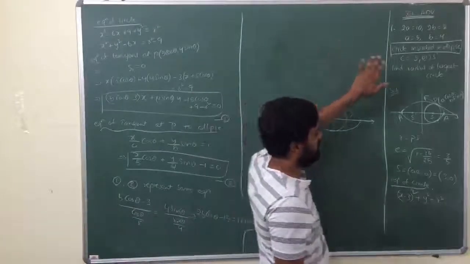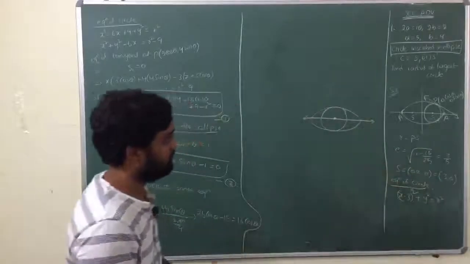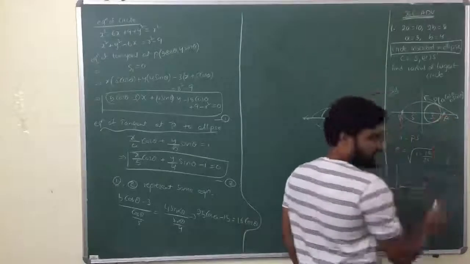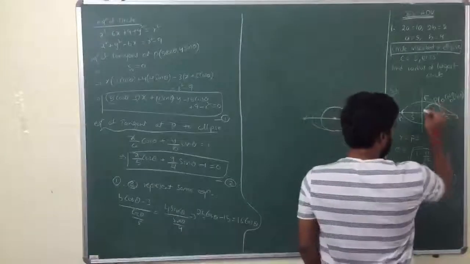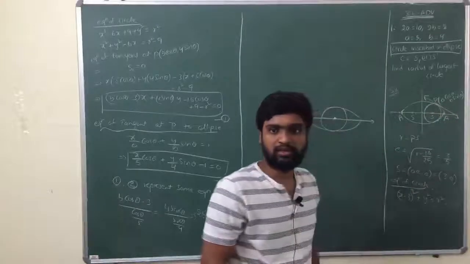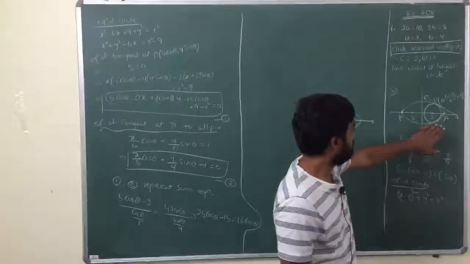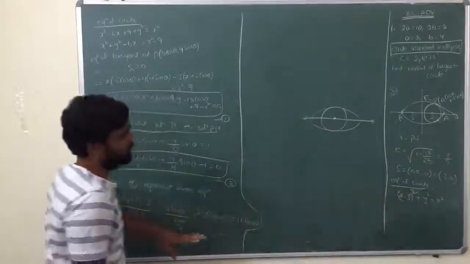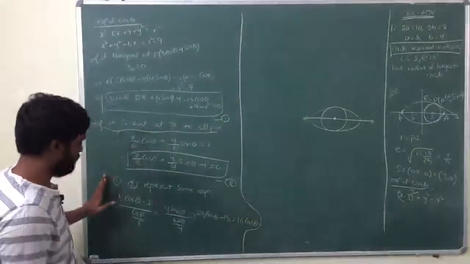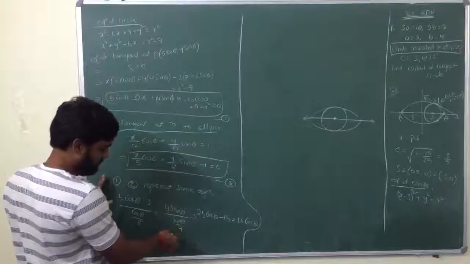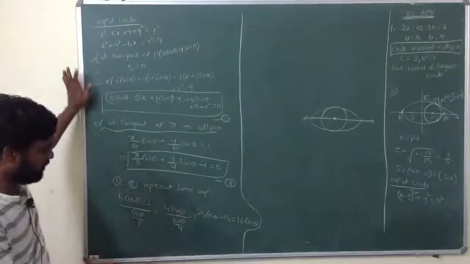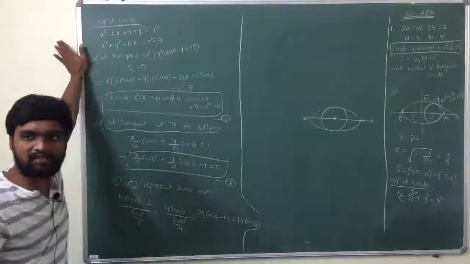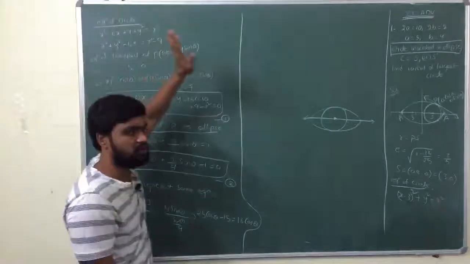But with the center equal to the focus, obviously there is only one circle. There is no biggest and smallest, I guess. So with the center as focus there is only one possible circle. If you apply the conditions for that possible circle, you get cos theta as 15 by 9, or else sin theta is 0, which means theta is 0 or theta is pi.